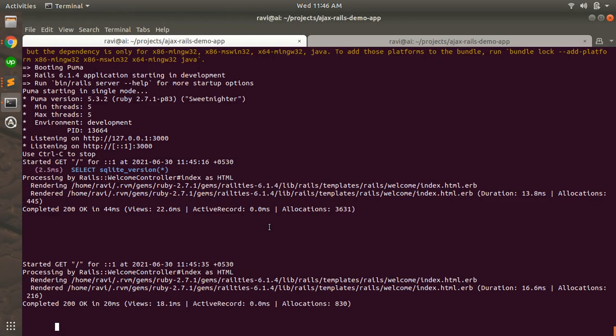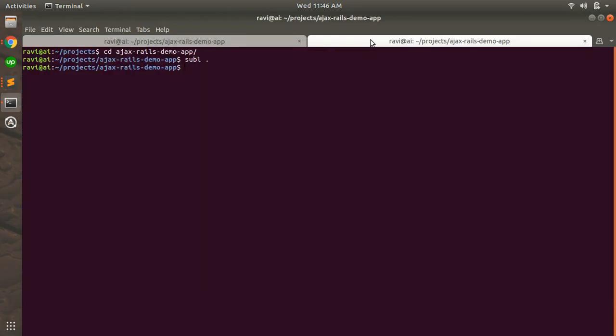So come to the terminal. In the next step, write a generator command: rails g controller welcome index. So rails g controller is the generator for creating a new controller using the command line.